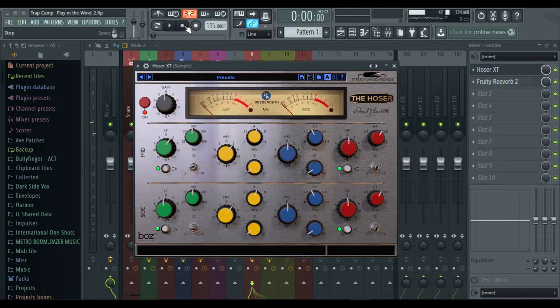So, this track is actually done, but that was kind of like the body that I started off with. But the reality of this is that I want to dig into how